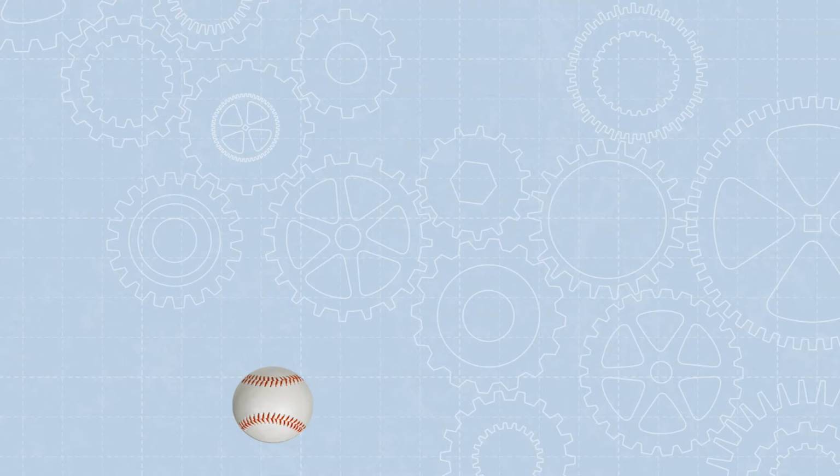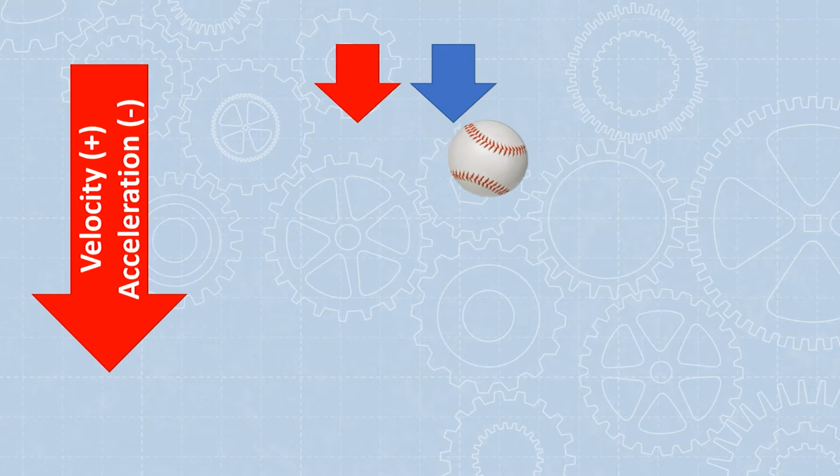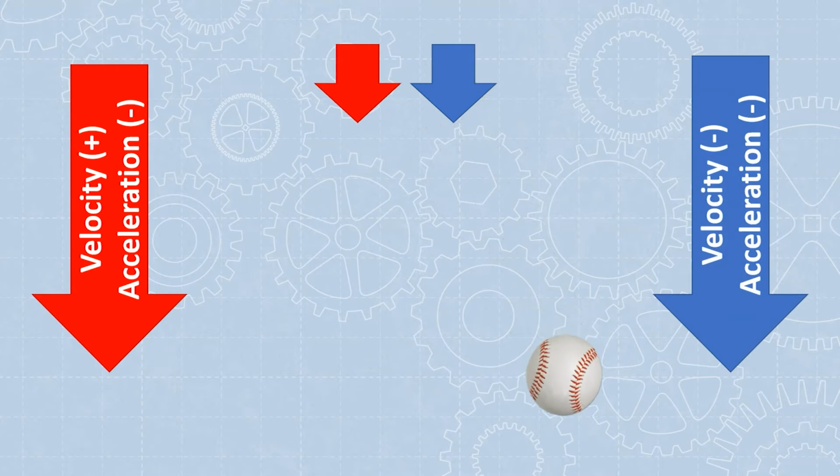The acceleration due to gravity is always negative because it wants to pull you downward. In the case of this baseball, it slows down on the way up with negative acceleration, and it speeds up on the way down with negative acceleration. The big difference is that its velocity changed. It was going up. When my acceleration and velocity are opposite, I slow down. On the way down, it's moving downward, negative direction. When my velocity and acceleration are in the same direction, my object speeds up.